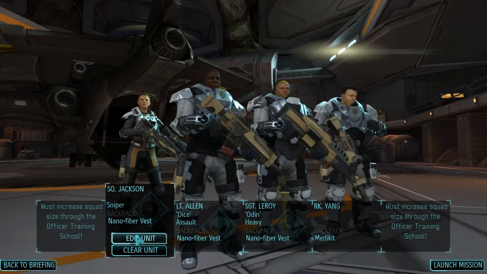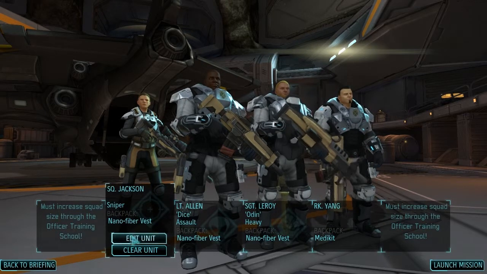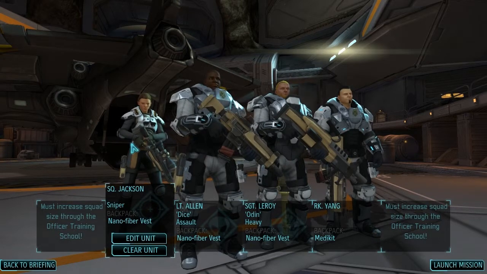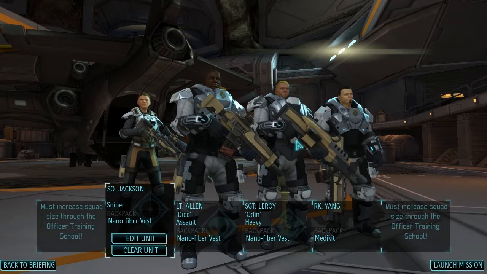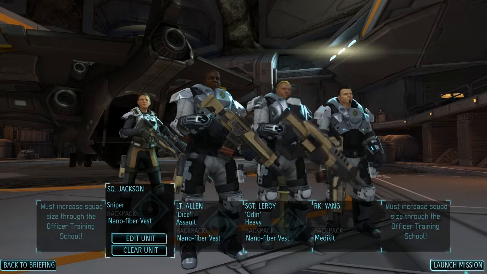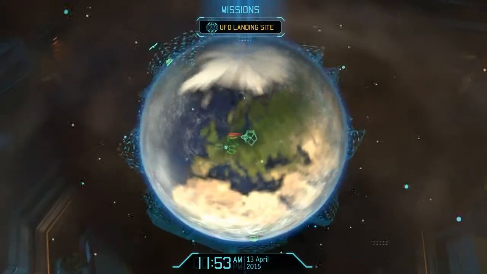And also, I kind of want to give Emma Jackson the nanofiber vest because she's the only one lacking in the armor department. I could give her a scope, but I think that nanofiber vest would be better. So for right now, I think this is fine. We could make do with this, definitely. So let's launch the mission, shall we? And off goes the Sky Ranger. Hopefully do well. No guarantees, of course, but...